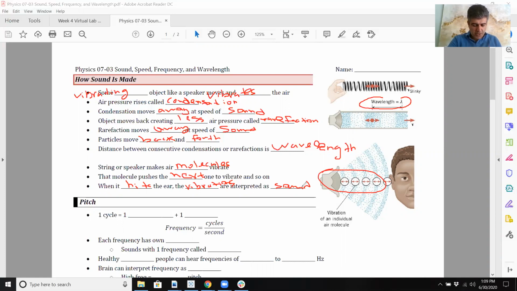Now let's talk about some other things here. Let's talk about pitch. One cycle. So you see here, this counts as one cycle. Basically, it has condensation, which is when the air pressure is rising, and rarefaction, when an object moves back, creating less air pressure. So when it's rising, it's condensation. When it's going down, it's rarefaction. So one cycle basically